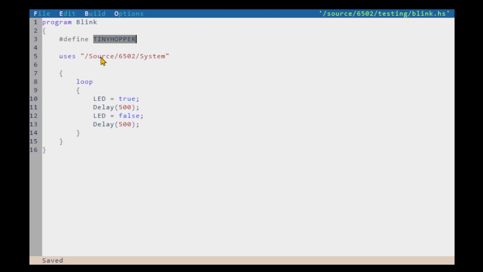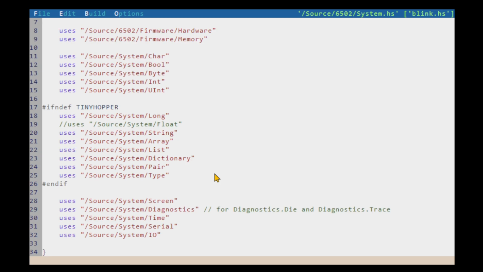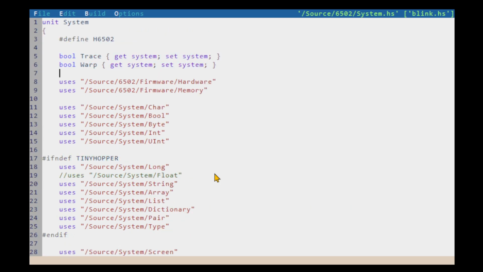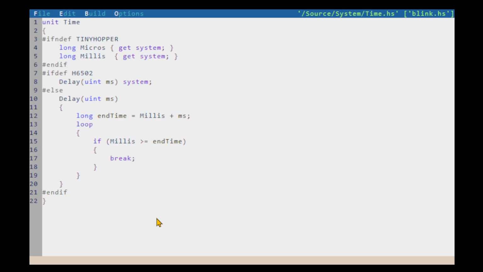So if I'm compiling for the 6502, this is the main system file that gets included, which includes all the other system files. And right at the top, it's got a symbol for Hopper 6502. So at this level, we can include and exclude things like that. And if we go and look at some of the functionality that uses this, let's look at the time unit. So inside time, if it's on Hopper,